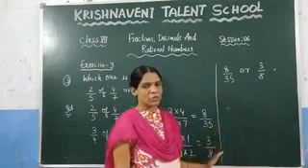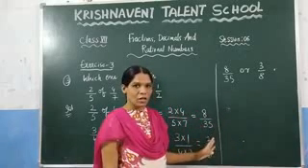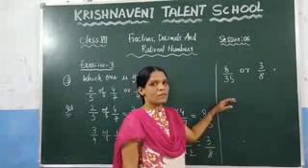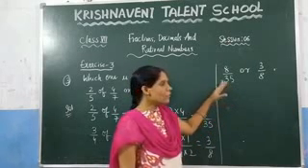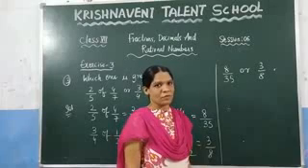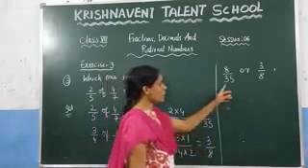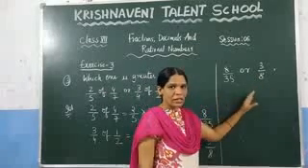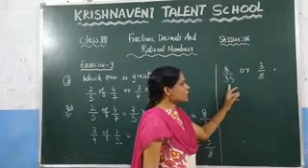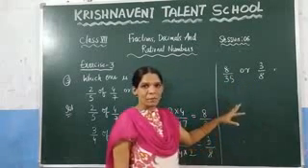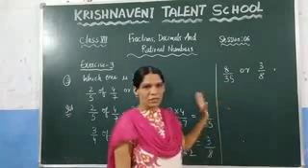If you want to compare these two fractions, first you need to check whether the denominators are equal or not. If the denominators are equal, we can easily compare the numerators. But if the denominators are not equal, we need to make the denominators equal. We have already discussed how to do this. Here you can observe that 35 is here and 8 is here. These two denominators are not equal. Now you need to make these denominators equal by multiplying and dividing by the other fraction's denominator. That is the process we have to do.